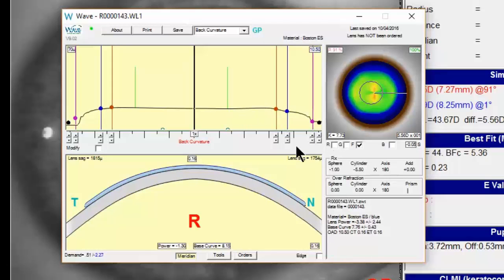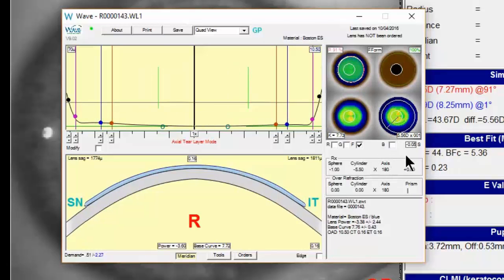360 degrees. Generally speaking, most Wave designers will start off by not using aspheric back surface optical zones, and then make the adjustment depending on what they feel clinically might be necessary. As you become more proficient with the software, you'll find which works best for you and which you're most comfortable with. So for this, we're just going to leave it here in the aspheric back surface,